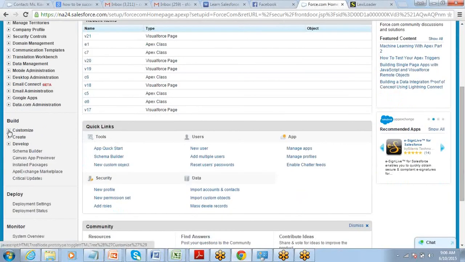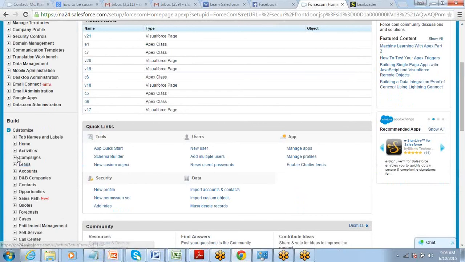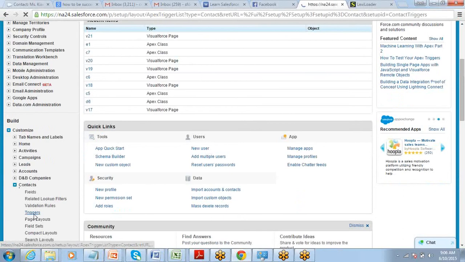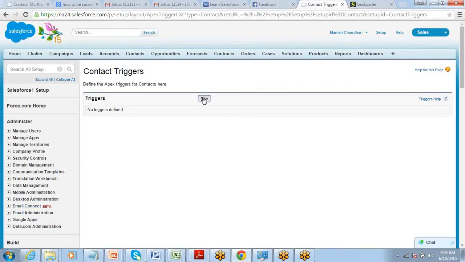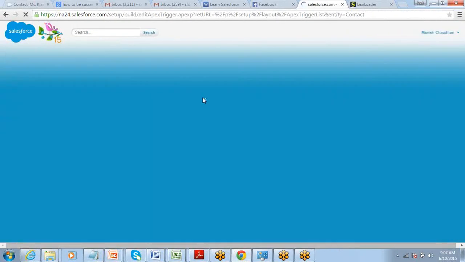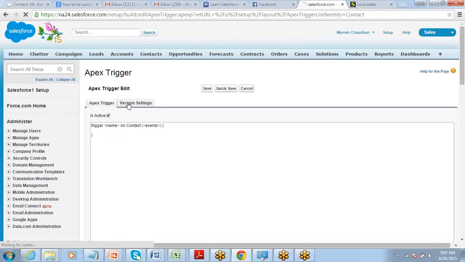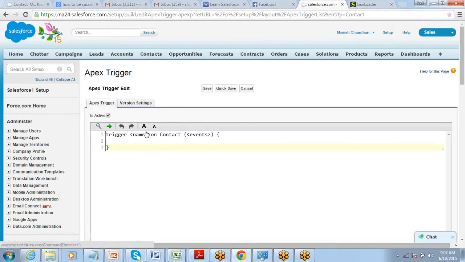So you just go to customize contacts. Let's do it one more time so that you can see it. Customize contact triggers. Click on new. Give it a certain name.